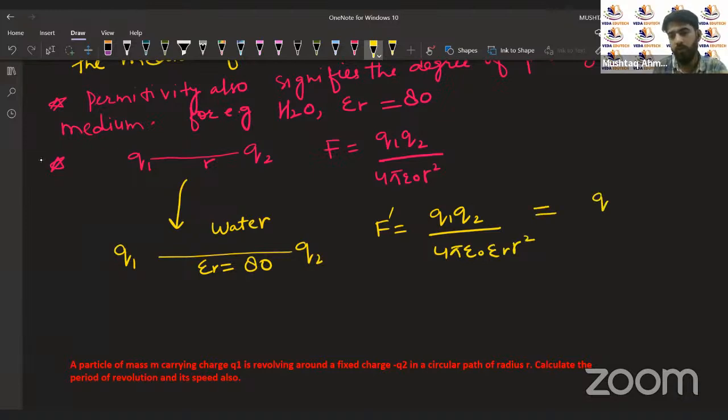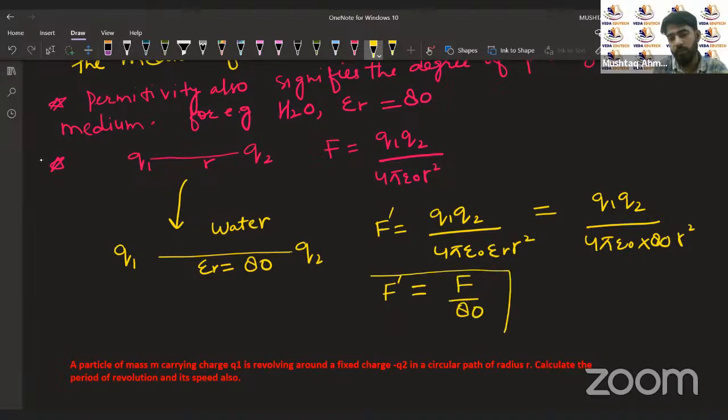यहां से हम देख सकते हैं कि Q1 Q2 upon 4 pi epsilon naught into 80 into R². So we can just conclude that जो नया फोर्स होगा between the two charges, it will decrease by 80 times. It will become 1 by 80 times of the previous force. तो overall क्या होता है, परमिटिविटी की वजह से, परमिटिविटी हमें ये बताती है कि कितना फोर्स दो चार्ज के बीच में लगेगा एक मीडियम में। जिस मीडियम की परमिटिविटी ज्यादा होगी, उस मीडियम में नेट फोर्स जो दो चार्ज के बीच में होगा,